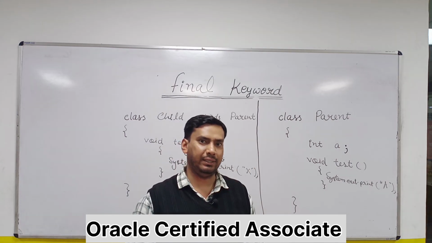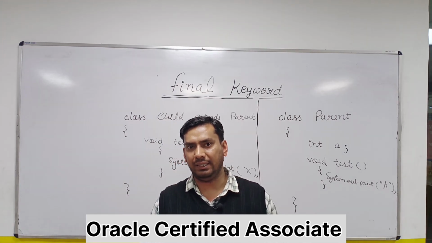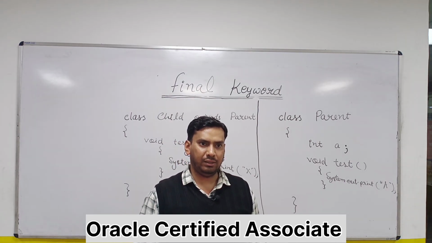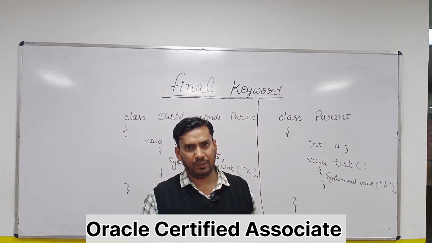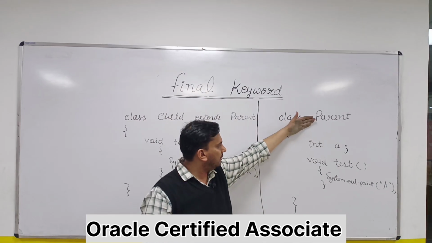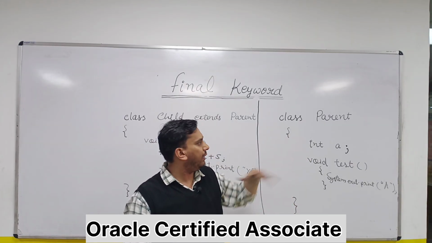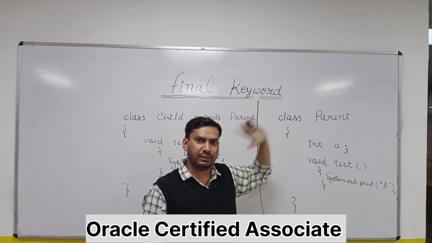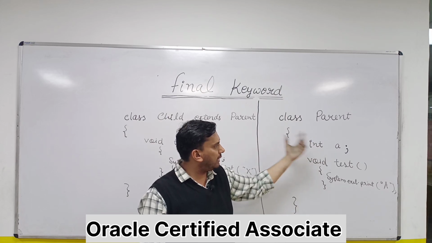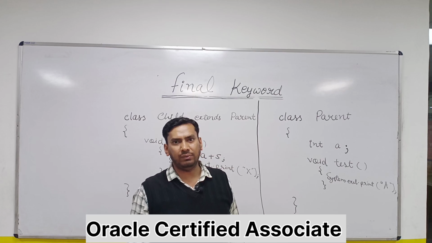In this video we are going to discuss one of the important keywords, that is the final keyword. First of all, why has the final keyword been provided and what are the different uses? Basically, when you create any class, let's say we take this example, the parent class, two things are there. Anybody can inherit this class, that is one thing. Second thing, during the inheritance the subclass can change your values.